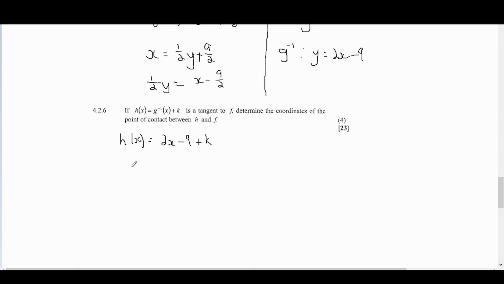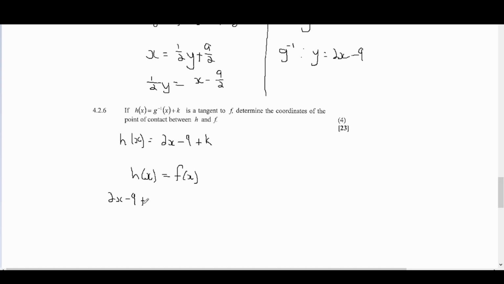So we can then say that h of x is equal to f of x. So we have h of x, which is 2x minus 9